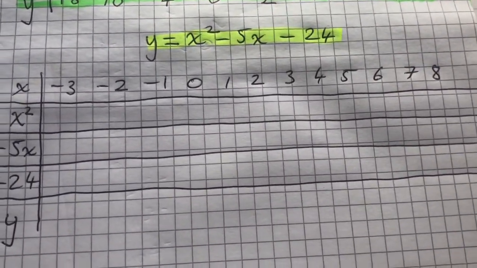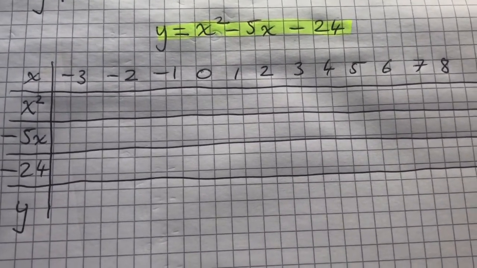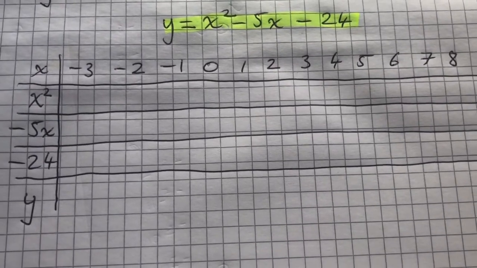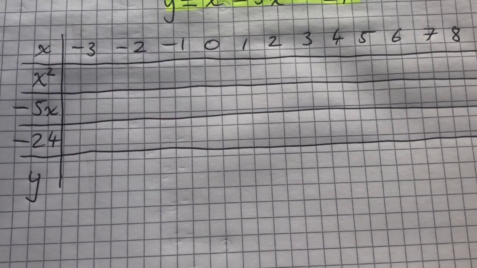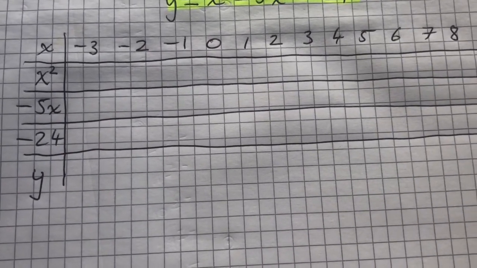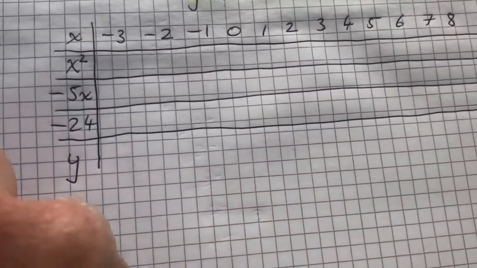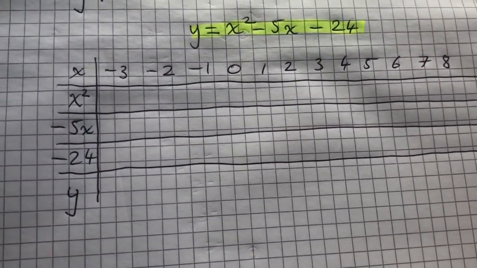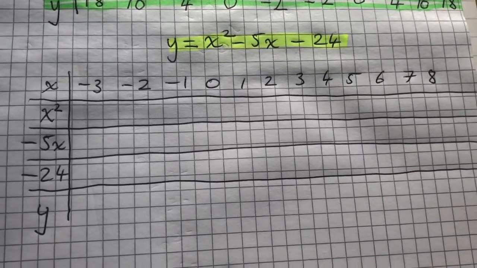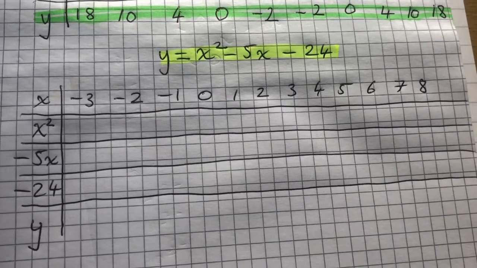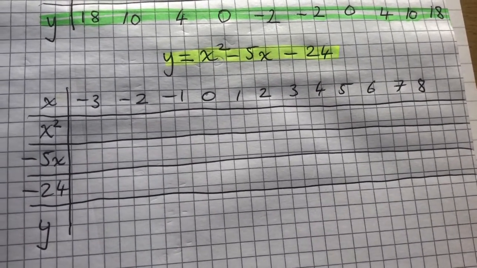Okay, I'll do a second example here for you, just because there's more minuses involved in this, just to illustrate that. So if you had that quadratic equation, that's y equals x squared minus 5x minus 24. Then I'm setting up the table here with x's along the top, going from minus 3 to plus 8. And I will fill it out. Now, the x squareds we covered in the first example, you probably get that okay. Remember, when you square anything, even if it's negative, you get a positive answer. So the answers to the x squared row are